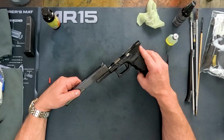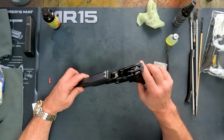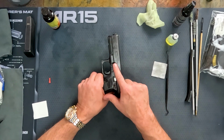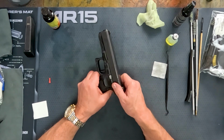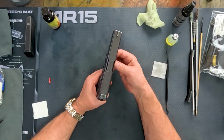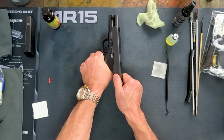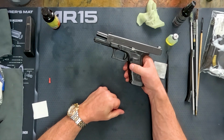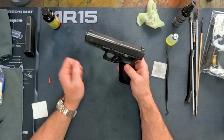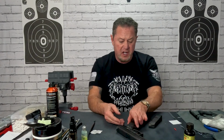Guys, then it's a matter of guiding it back on the slide. So you're just lining those up, slowly pushing it back. Unlike some of your striker fires where the slide release lever would need to be down when you're pulling it back, you can see that the slide release buttons on each side are already down, but you'll notice when I pull the slide back, they pop back up, and then the slide locks in place. Now it's just a matter of dropping the slide release lever and letting the slide come back down. Once you've done that,